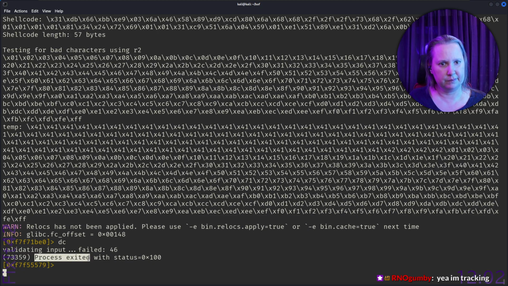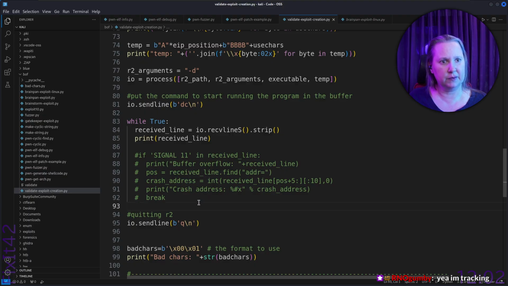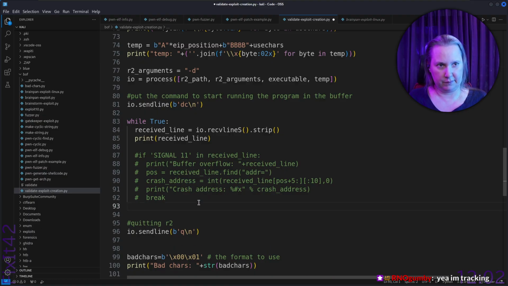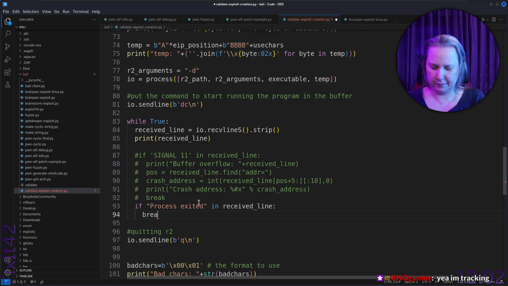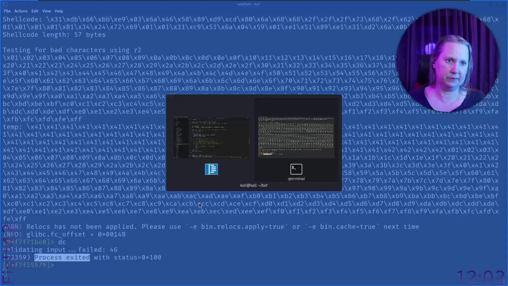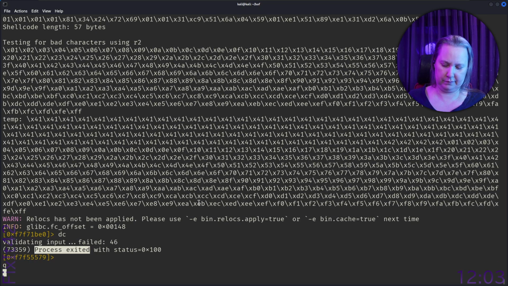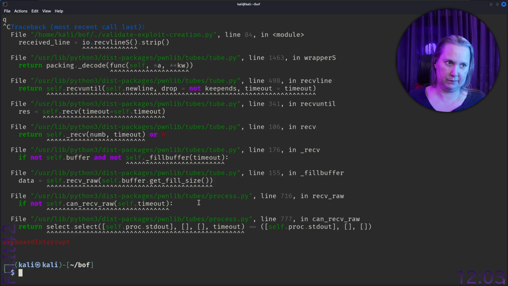Maybe we want process exited, like a possible if n in received line, then we just break,